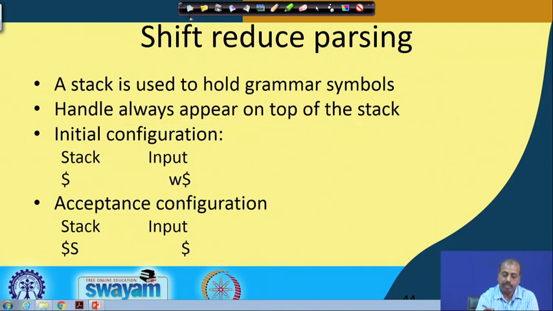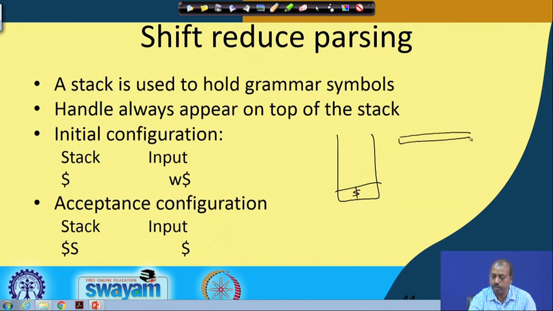So initially the stack will contain dollar, and the input will be the entire input string W and dollar. We will assume that there is a dollar character at the end of it.